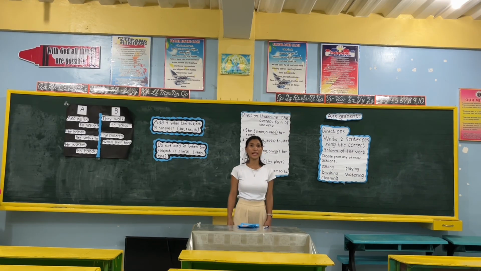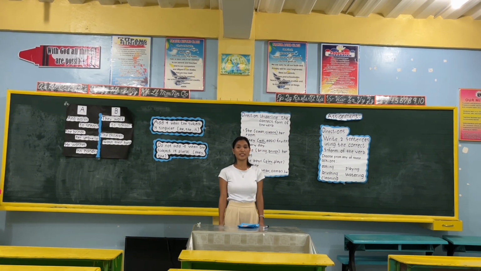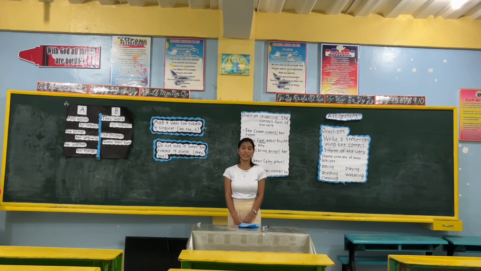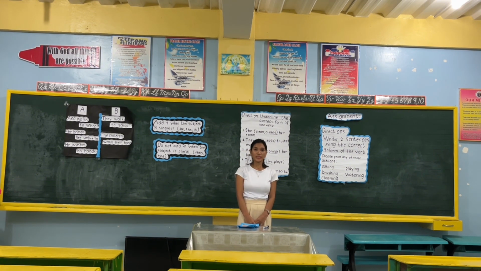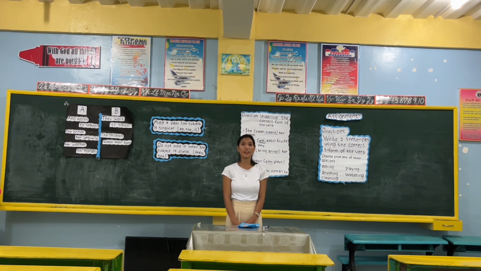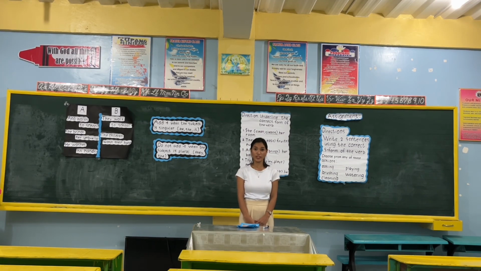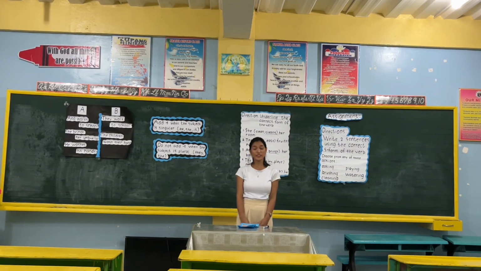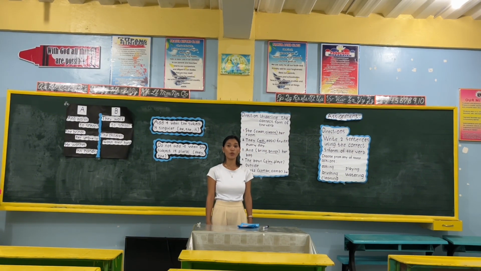But before we end our lesson, we have a little wrap up about what they discussed. So, when do we add s on the verb? We add s in the verb if the subject is singular. And we do not add s in the verb when the subject is plural. Okay. Always remember that we add s in the verb if the subject is one person. And we do not add s if the subject is more than one.